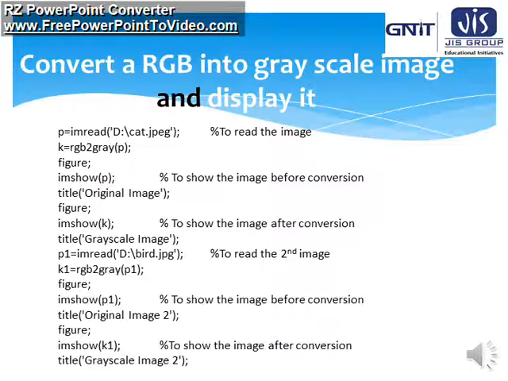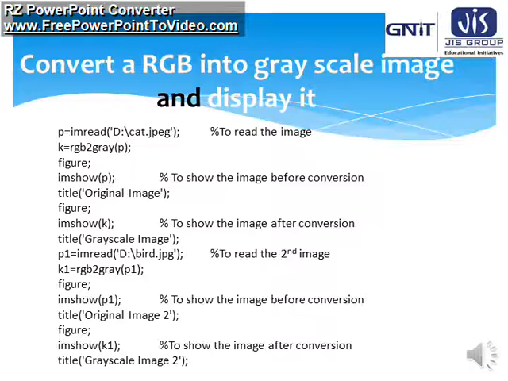So here this is the first program. This is a complete program. To convert an RGB image into a grayscale image and display it, first we have to open a new M file in the MATLAB editor. Then we type this program. Then we save the program file. We can give any name, like program 1 or first program, followed by .m. This .m indicates that the file is a MATLAB program file. So we have to save.